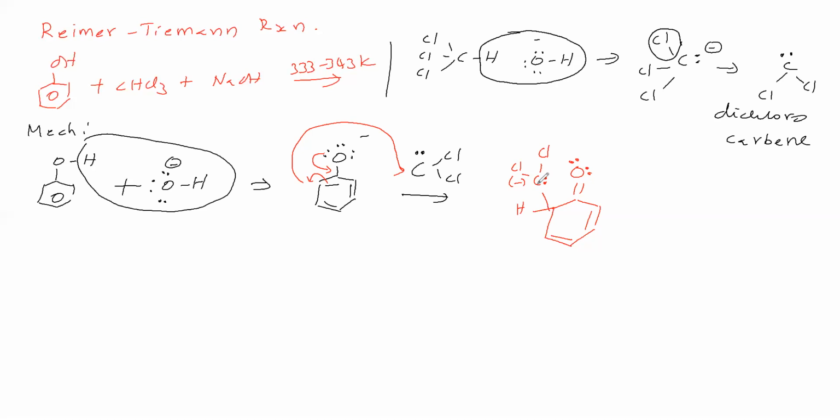It is C minus. C minus is a strong base. Therefore, it takes H plus from water. Therefore, what is the product obtained, that we will see. Here pi bonds will give as it is. Here double bond O. Here this is H. Here CHCl2. This C minus takes H plus from water. Therefore, C minus becomes CH.